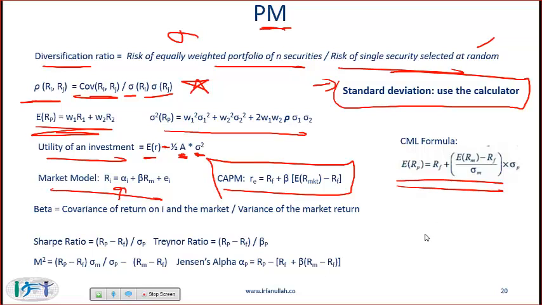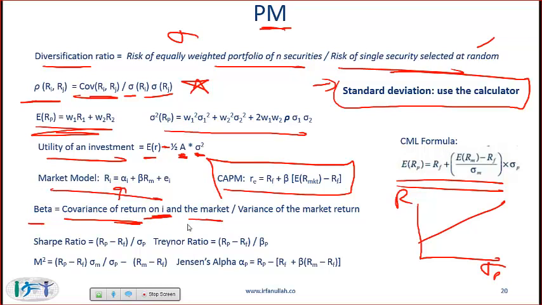This is the CAPM formula. So in the CAPM, sigma p is your x-axis, return is the y-axis, and this is your CML, capital market line. Beta is the covariance of return on I and return on market divided by the variance of the market. So know this formula. There is a symbolic way of writing it, but I prefer writing it like this because